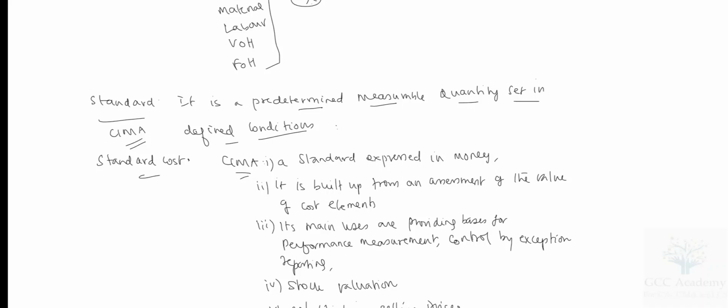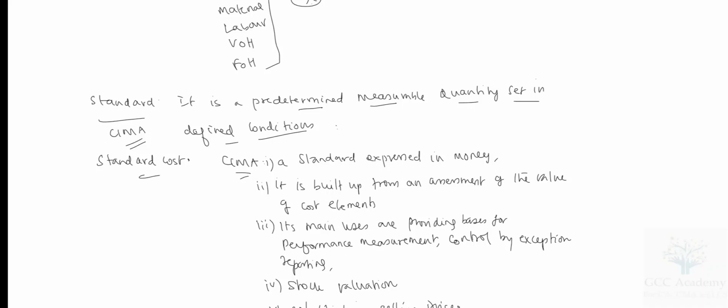So in the current scenario, let us say in inflationary conditions, you may not be able to fix the standard easily because the price keeps increasing. Maybe in a recessionary scenario, the prices don't increase, but they may decrease or they may remain the same. It becomes easy for you to fix the price. So there are some defined conditions, like demand theory works on principles and conditions. Same thing applies for a standard.